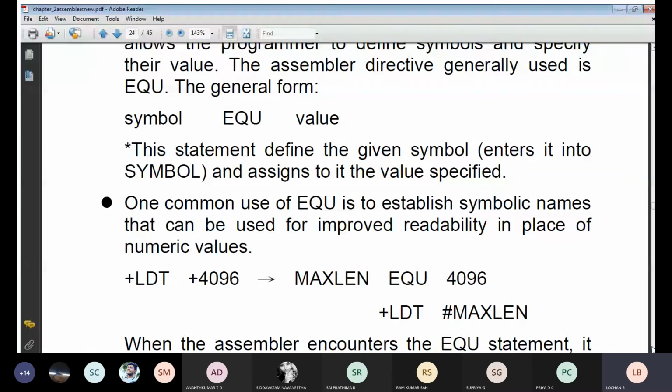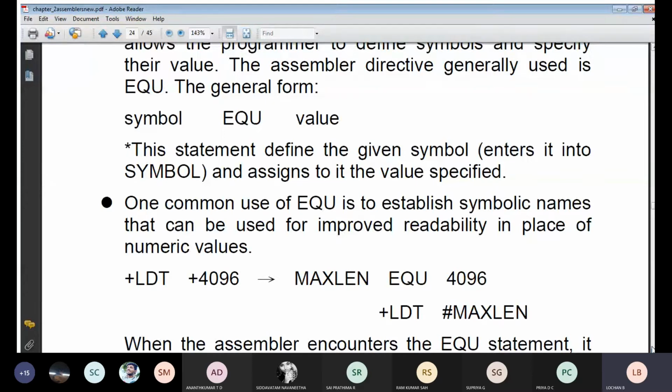What do you mean by EQU? EQU is nothing but an equate. With equate, we will be substituting the values for your labels or symbols. I'll repeat once again: EQU is nothing but your equate value. Equate means I am going to substitute the values for your labels or the symbol. For substituting the values for your labels and symbols, we will be using the directive called equate.